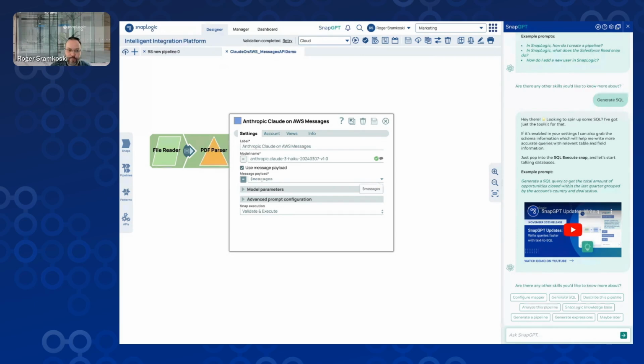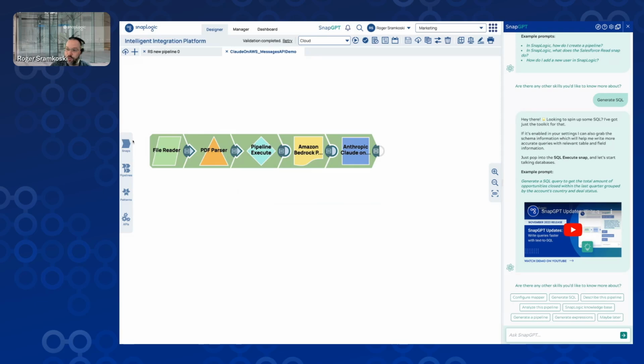So it's fairly straightforward. And again, I should have said this earlier, but I apologize, there are two advantages of the messages API. One of them is that you can send a file like this. The other one is that you can have the back and forth conversation with Claude. So initially what we were